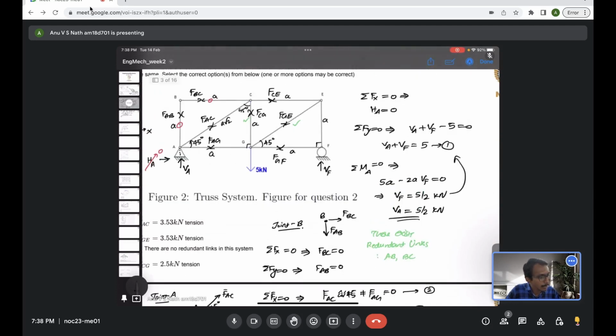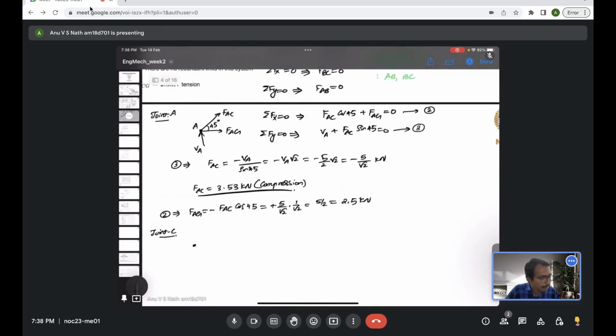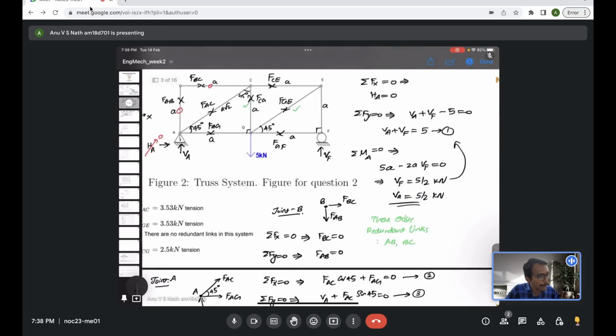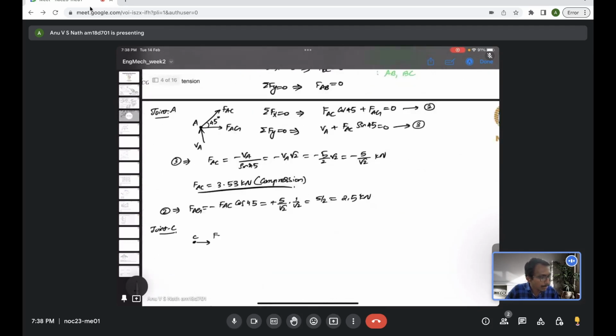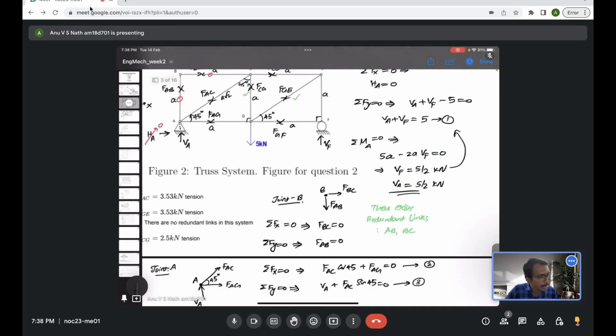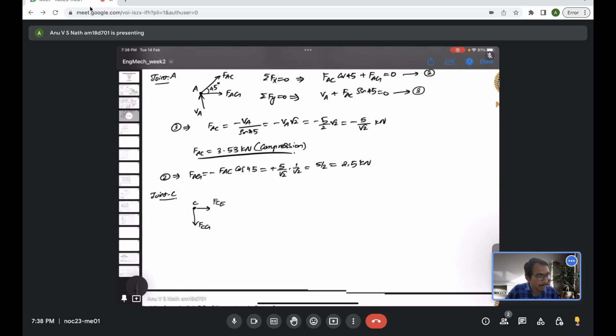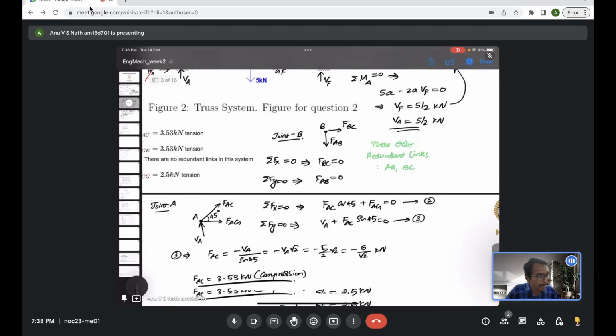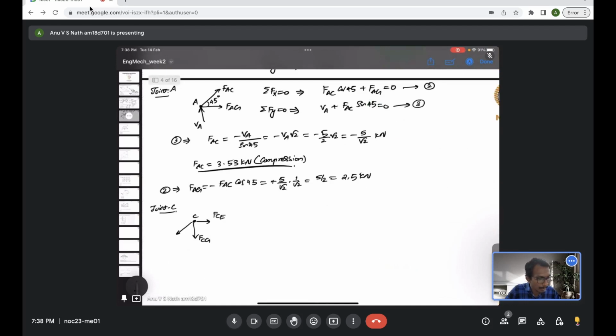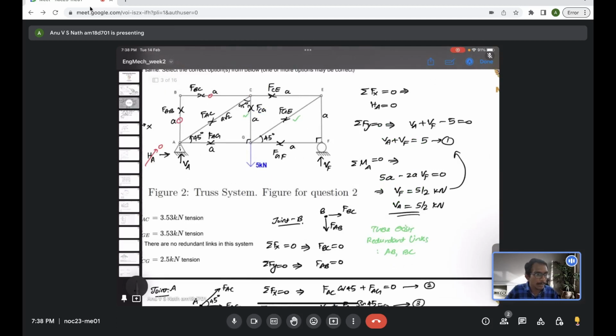So for joint C, if you draw the free body diagram, FCE is acting like this, and FCG is acting like this, and FAC is acting like this. In that, FAC is known, FCG and FCE are unknowns. Our objective is just to know what FCG is. FCE is not required. So once we find FCG, now we will use that information to go to joint G,